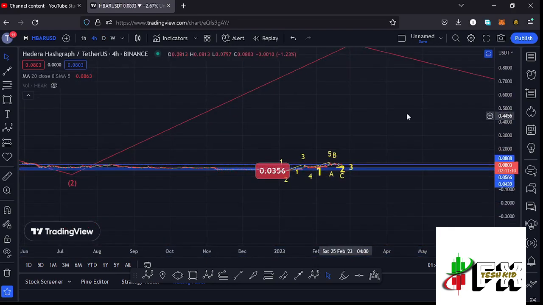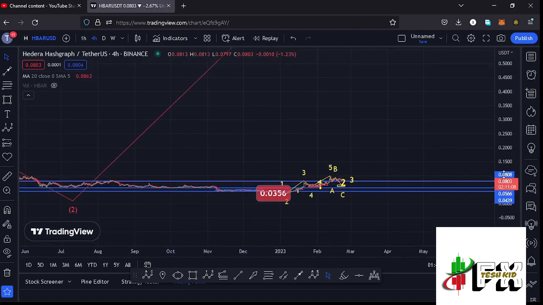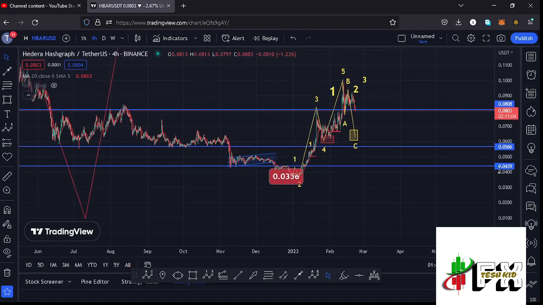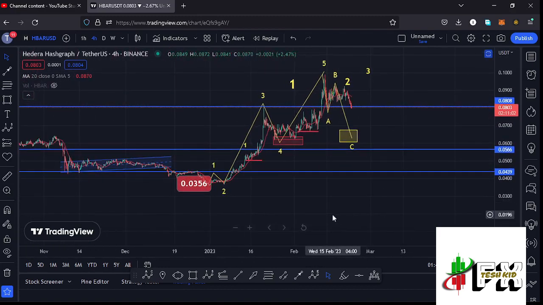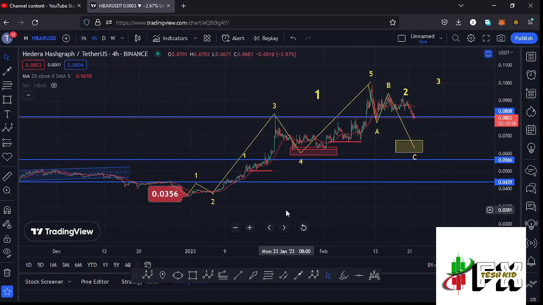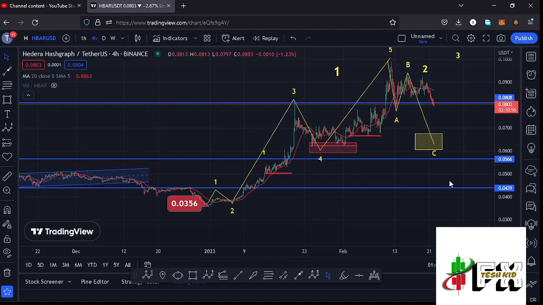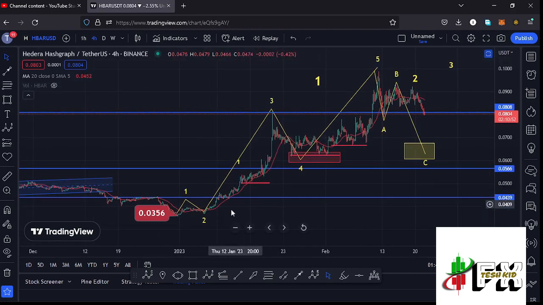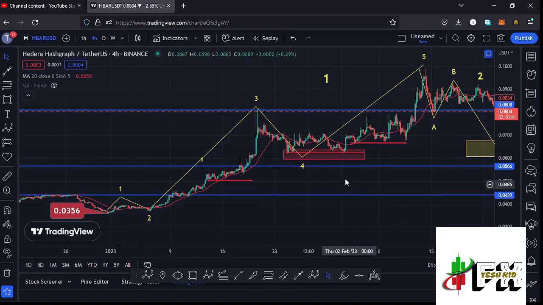And jumping to the 4-hour chart to give you the short-term scenarios and also my next price targets here on the Hbar chart. Here on the 4-hour chart, you can see that after making our lower low down there at around the $0.0356 mark, we started this massive bounce to the upside in a move that had been obeying the Elliott structures, where you can see that I have this Elliott structure in yellow, having that as the first wave, then a wave 2, a wave 3, giving us a peak at around the $0.0808 mark.